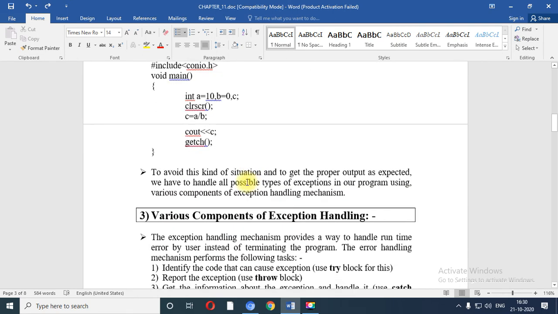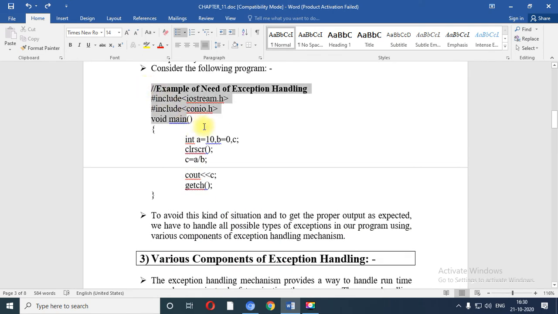So here is the first program which we have taken without handling any exception. In this case we have taken c equals a divided by b. Now you are able to see the value of b is 0. You cannot divide any value by 0.